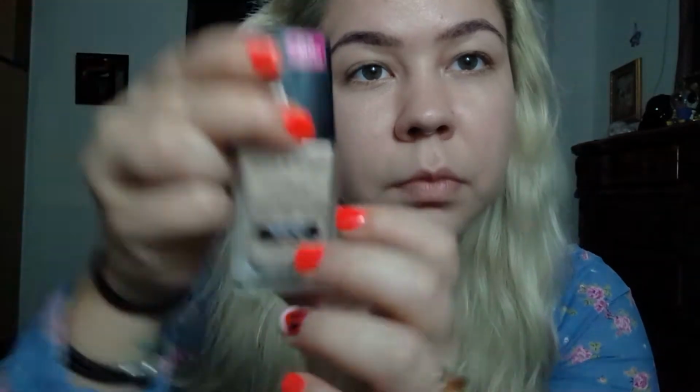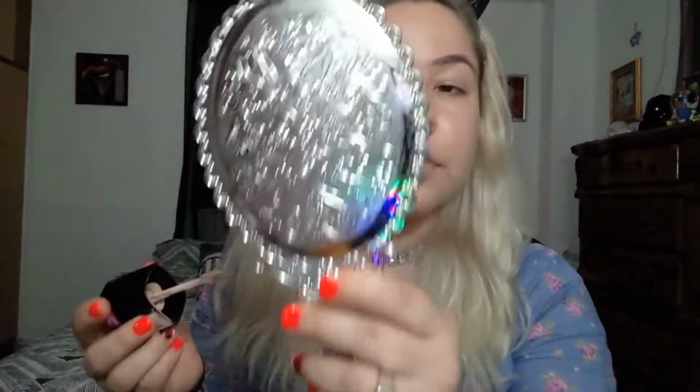Now I'm using Wet n Wild Photo Focus foundation in the shade of nude ivory for a light neutral skin. This is cruelty free, and I just lightly dot it on my skin, and then with my hands I really blend that foundation in. I love to use my hands for foundation. It leaves it looking very natural, and it's very hygienic compared to sponges and brushes that contain a lot of bacteria. I always clean my hands before makeup and ensure that I'm not applying any dirt or bacteria